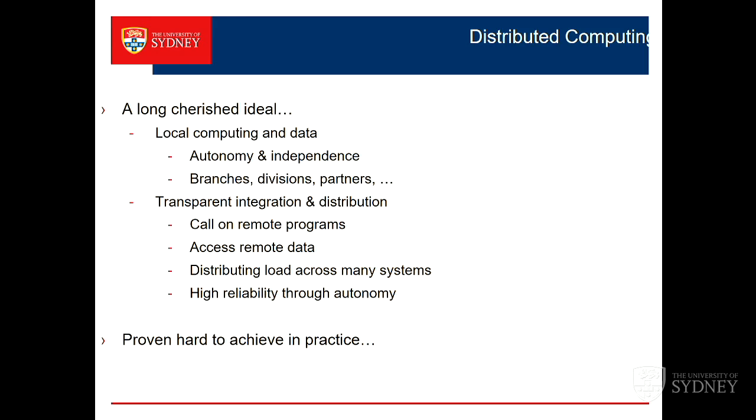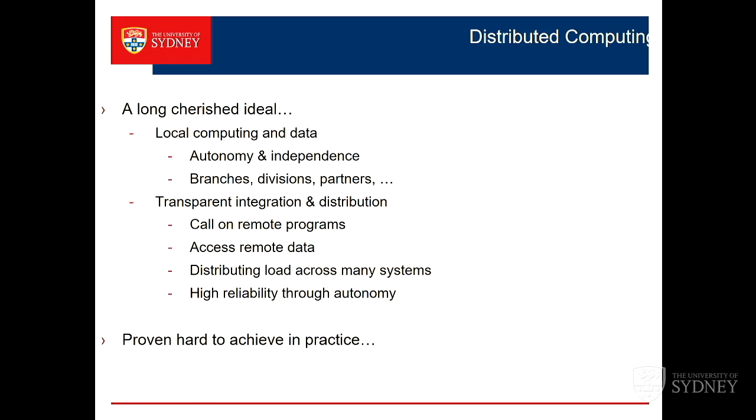Why don't we have local computing so that every branch can have its own computing? And if that branch's computer is down, the others are still working. So we've got a lot of autonomy, independence, flexibility. That was the goal, that you stop having this dependency on a single point of failure and instead push the computing out. And as soon as computers became cheap enough to do that, this was a goal.